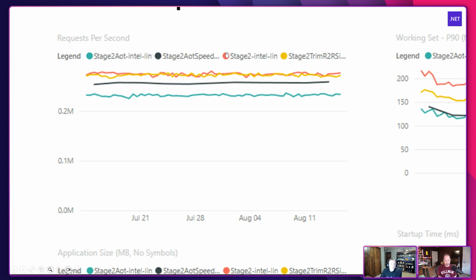Yep. So the red one, and then the yellow one is called trimmed, ready to run single file. So it's basically taking those 3 options and putting it into one app, right? You'll see one package executable, and then trimming off the fat. Trimming off the fat and ready to run. I don't think I've fully explained it before, but it's a form of AOT. Ready to run is kind of like NGen, in a way, right? I think maybe I did say it right.